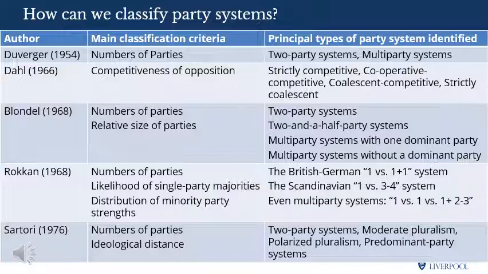Blondel moved this analysis along somewhat by considering the relative size and strength of political parties. He created a typology which can be boiled down to 4 different outcomes: a 2-party system, such as the UK from 1945 to 1970, where the 2 parties got over 80% of the vote; a 2.5-party system, where the 2-party vote share is lower, around 75%, but there are still 2 large parties, and typically 1 large small party, if that makes sense, instead of lots of smaller parties.